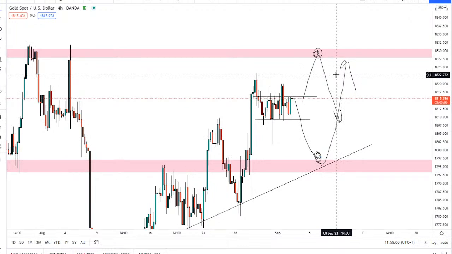So not looking at getting in with gold where it is now, but either one of those areas could be good. And if you do get a nice confirmation, a nice trade, I will let you guys know on my